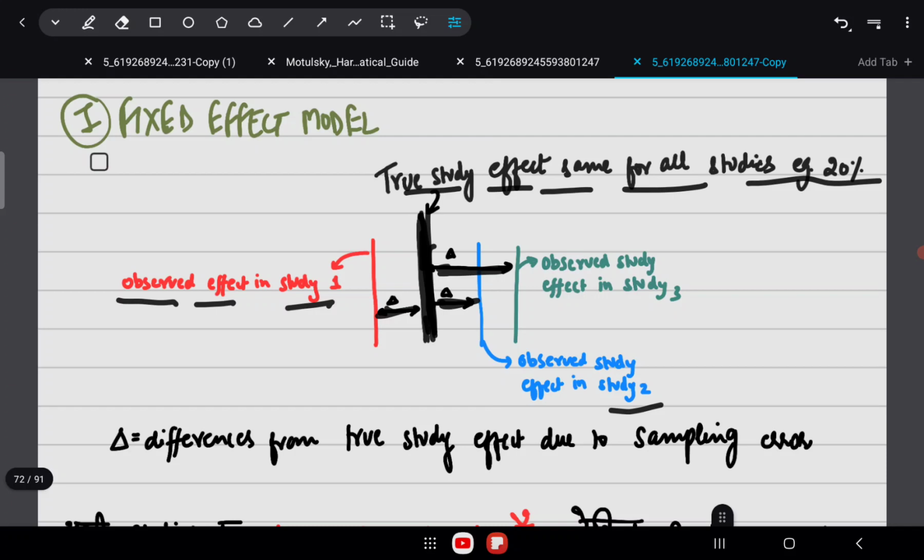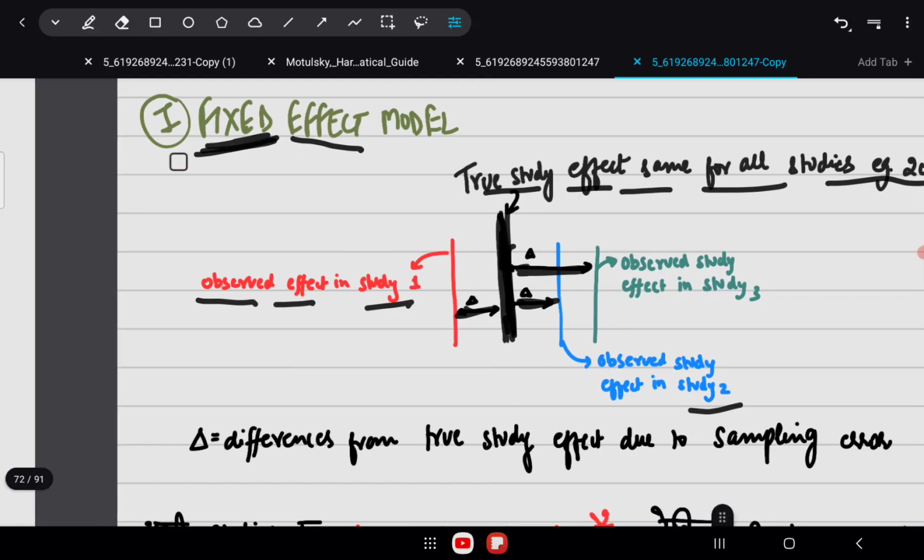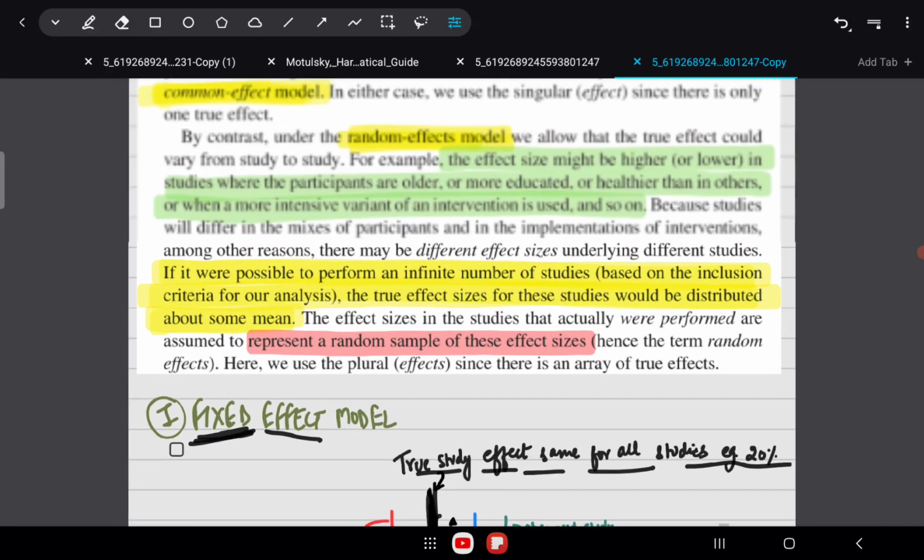Because your sample is not infinite, the observed effect size will not be the same as the true effect size. It could be slightly less or more, but the main point to remember is that the true effect is fixed and the same for all the studies included in the meta-analysis.